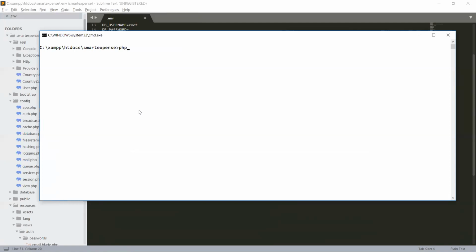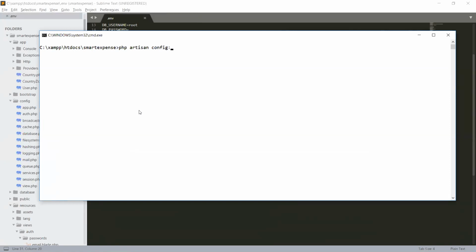So make sure that you have run these commands first: php artisan cache:clear, which will clear your application cache, and php artisan config:clear, which will clear the settings in your configuration directory.